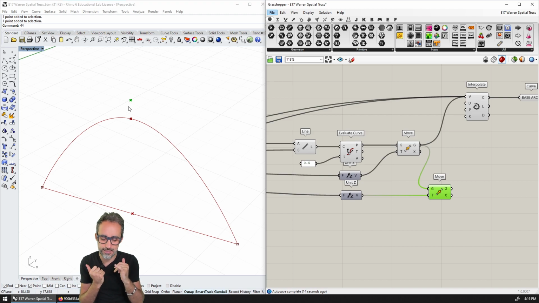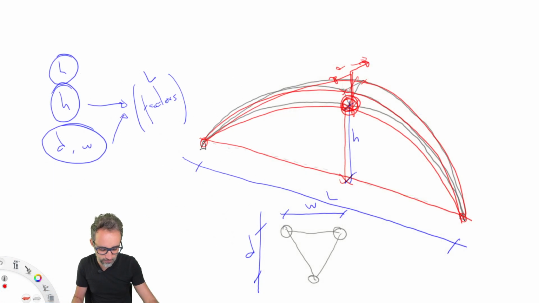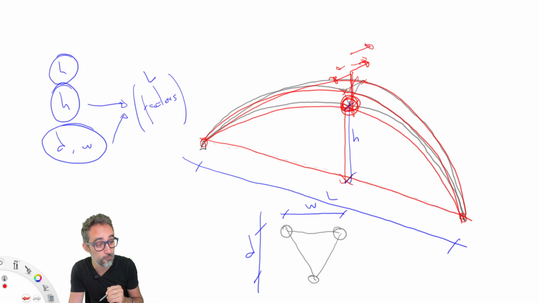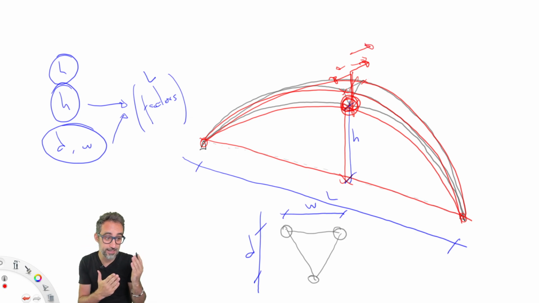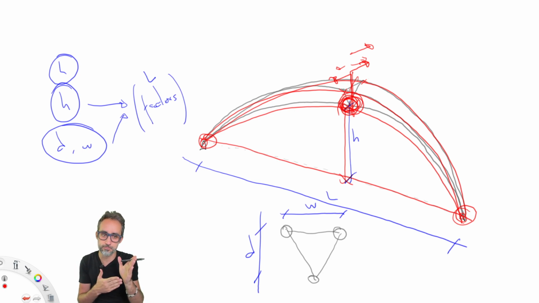However, technically speaking, we don't really have a vector that is pointing perpendicular to the plane that is formed by the starting support, the middle point in the arch, and the end support. We don't really have that vector anywhere.